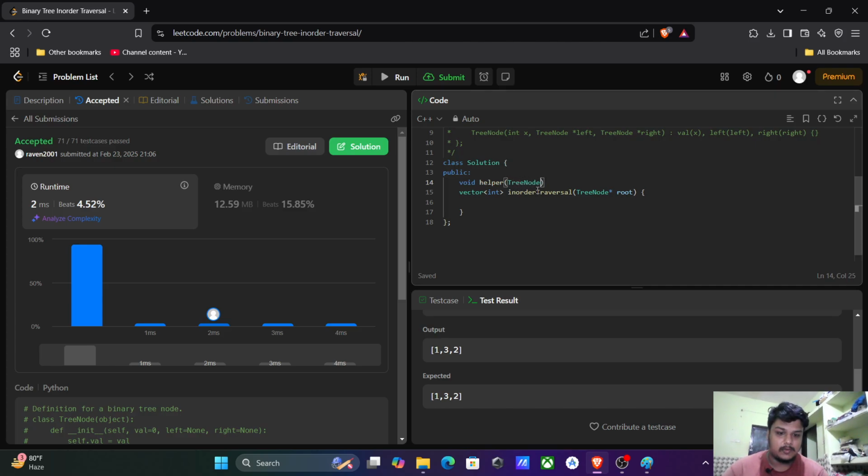which takes a tree node pointer as root, and a vector of int, that's the nodes. If not root, that's basically a simple check for whether the root exists or not. Okay, and basically I just return. Otherwise, what I do is I call the helper with the left of the root, and with the nodes. And in the second operation, I do nodes dot push_back, basically entering the root value